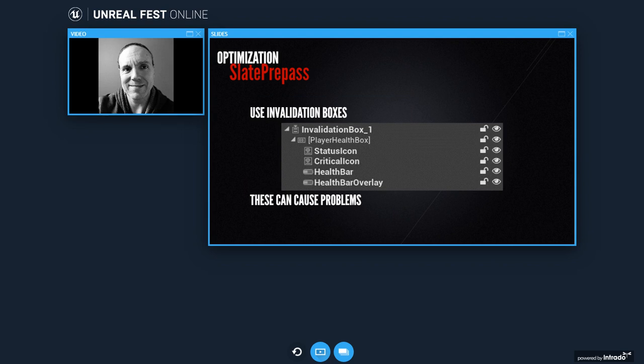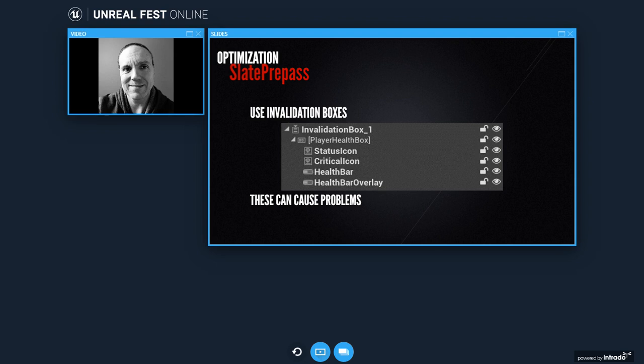UMG does provide you with a widget called an invalidation box. An invalidation box is a simple container widget, but it caches the layout and volatility of the tree below it. You can get some good performance gains using invalidation boxes, but these can cause issues.